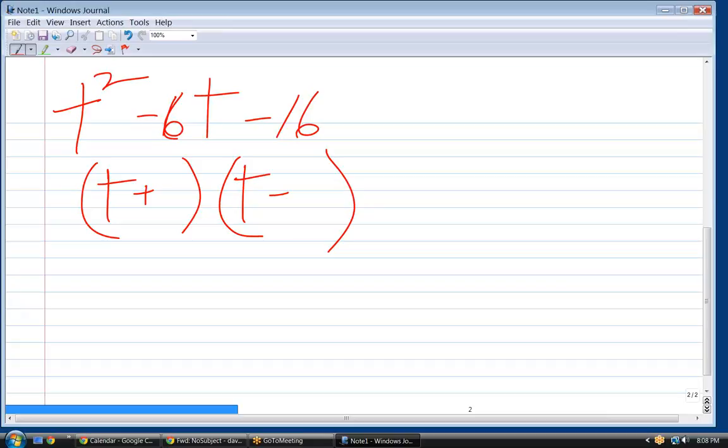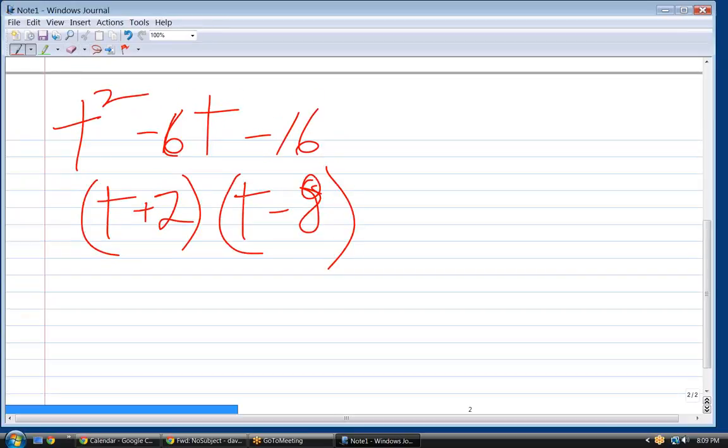Oh, 8 times 2. Okay. Where's the 8 go? Negative. Where's the 2 go? So it'd be t plus 2, and then t minus 8. There you go. Okay. Now, if I'm concerned as to whether I got it right now, again, I don't have